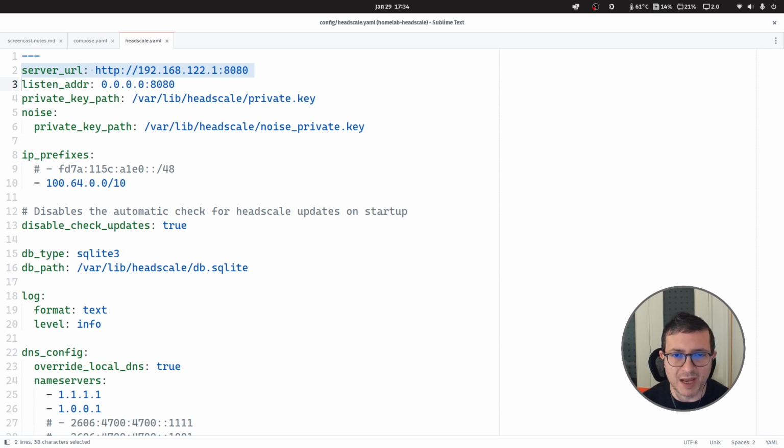So this is the one that is advertised to the users. The listening address, so where the headscale server is going to be listening. And since I'm going to be running that inside a container, I need to listen to all addresses within the container. Then the private key and the noise private key are going to be automatically generated. And you see on the path here, I indicated /var/lib/headscale, so that's the mounted volume, so it's going